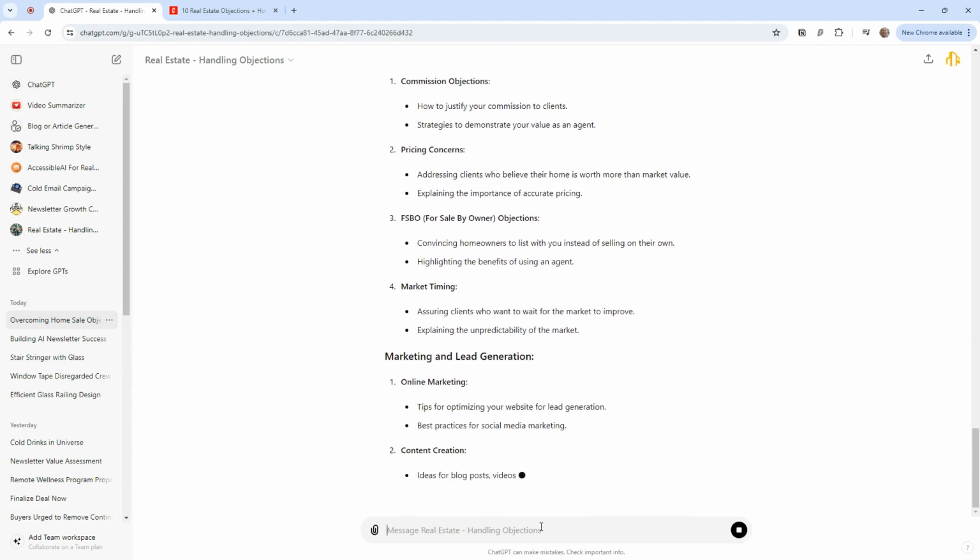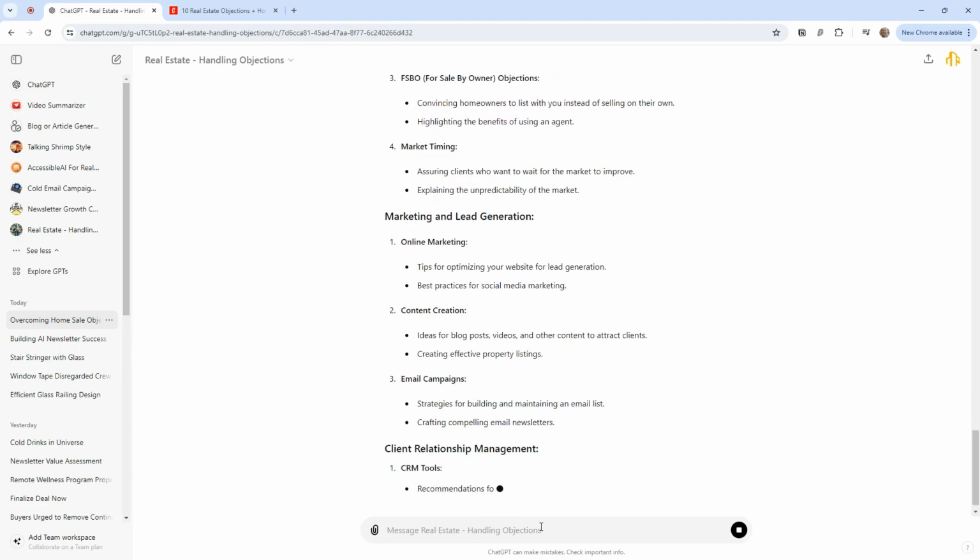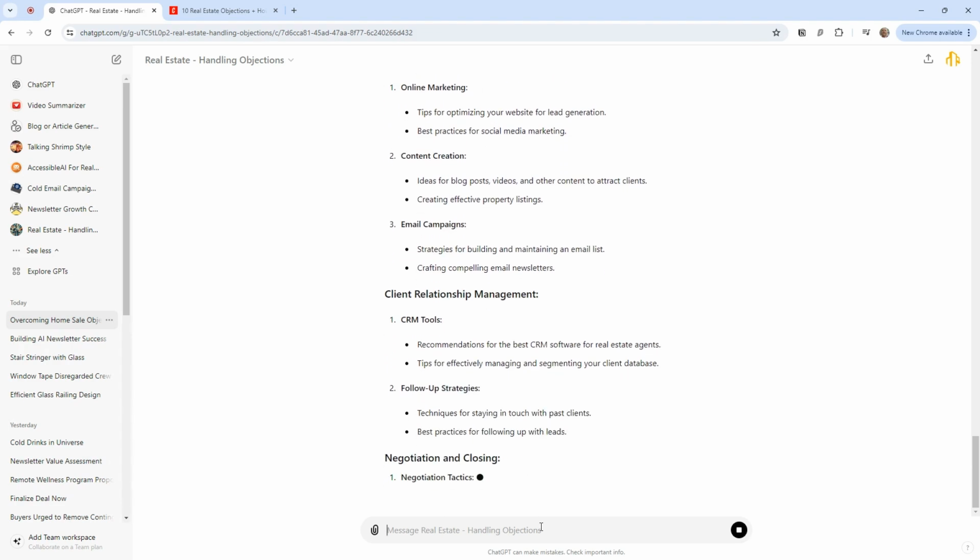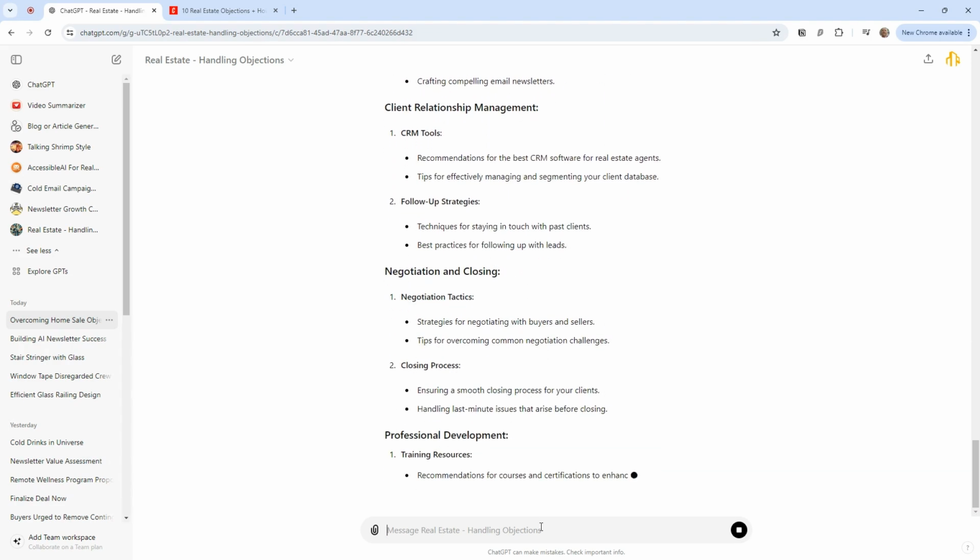So let's ask ChatGPT, what sorts of things can you do? And boy, does it come back with quite a list. And usually I skim these things and then just iterate and dive in a little bit deeper where I